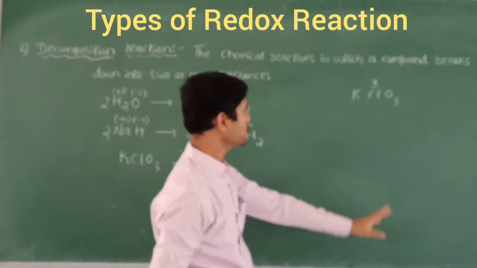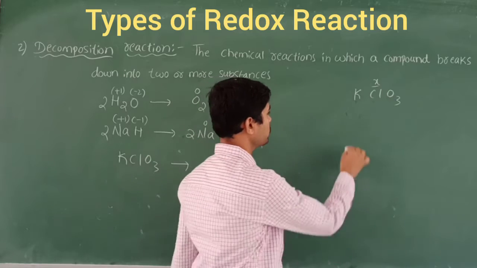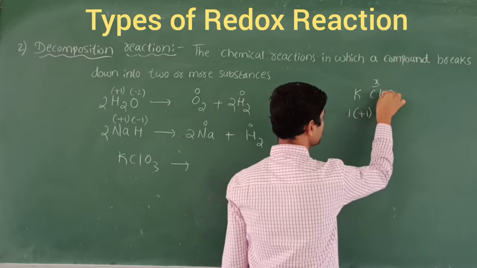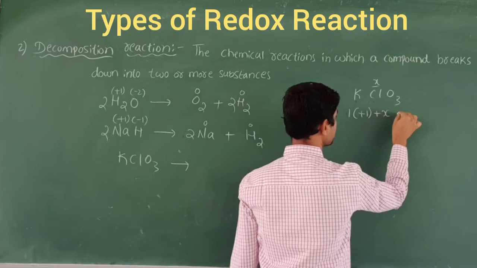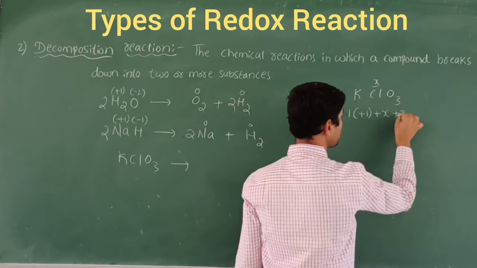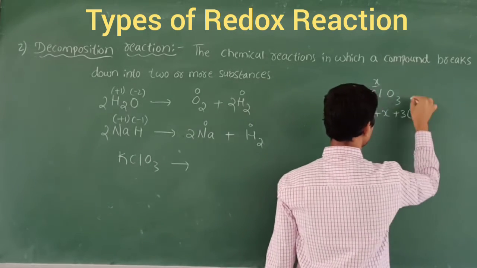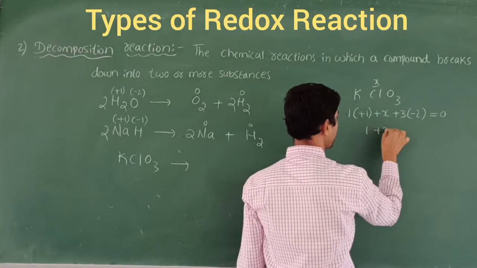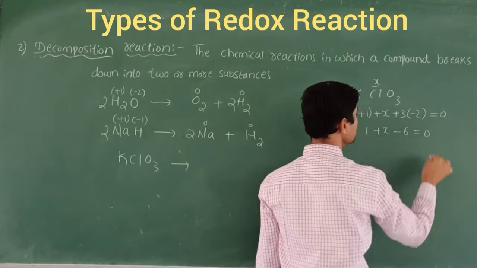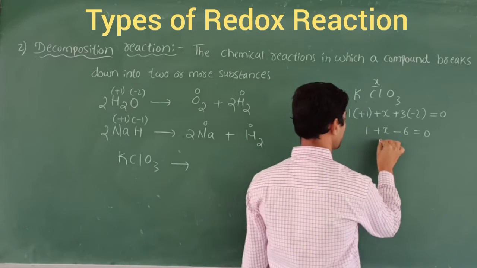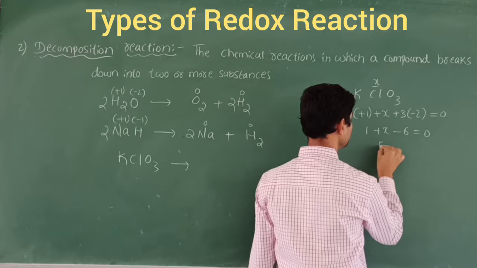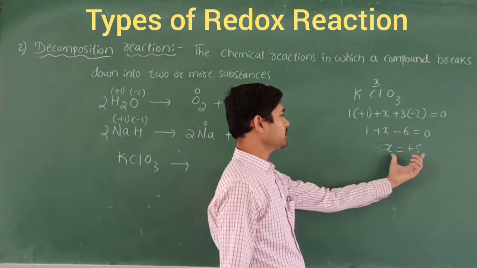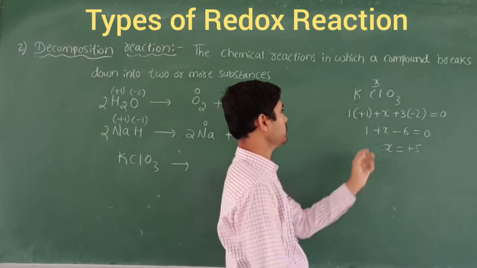Oxygen, you know this one. So let's find out the oxidation number for this chlorine. Therefore, +1. How many potassium will be there? 1. Its valence will be +1. You don't know this one, so we are going to take it as X. How many oxygen will be there? 3. What about its valency? That is -2. Is there any charge here? There is none. That's why it is 0. So therefore 1 plus X minus 6 becomes 0 here. So X is equal to +5.